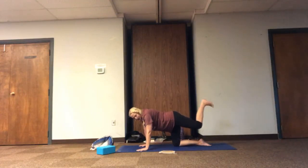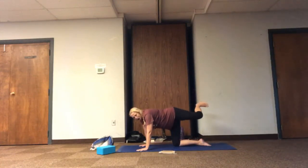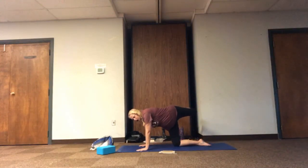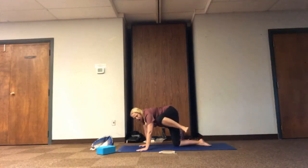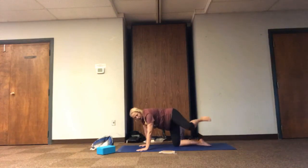Now as we bend, we're going to have a few options. First option is to push the thigh towards the sky, back in neutral line with the hip. So you feel that stretch through the front of the thigh. You can have a little different movement with the hip by opening the hip out to the side and feel the heel reach back towards the hip, and then the knee reach towards the shoulder. So you can feel the side movement with the thigh opening, thigh folding, or we can keep the